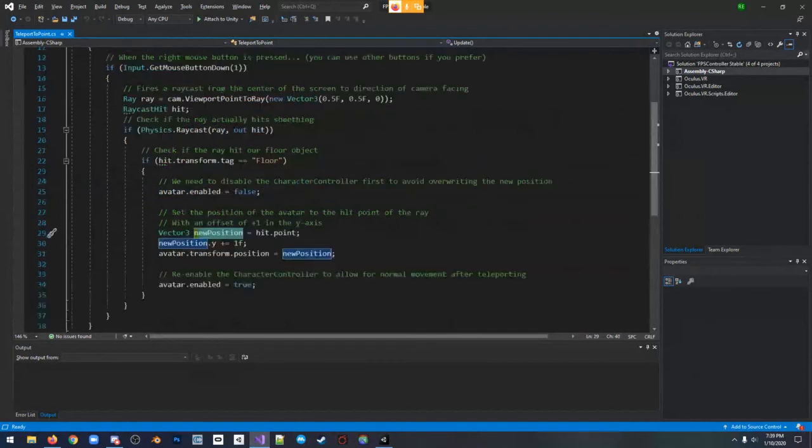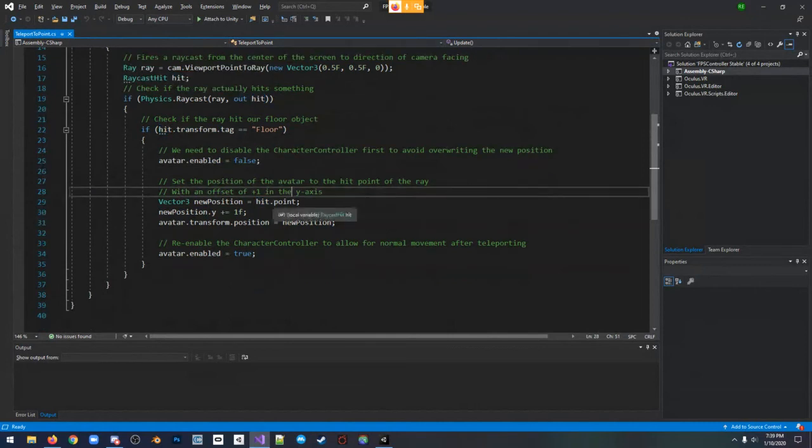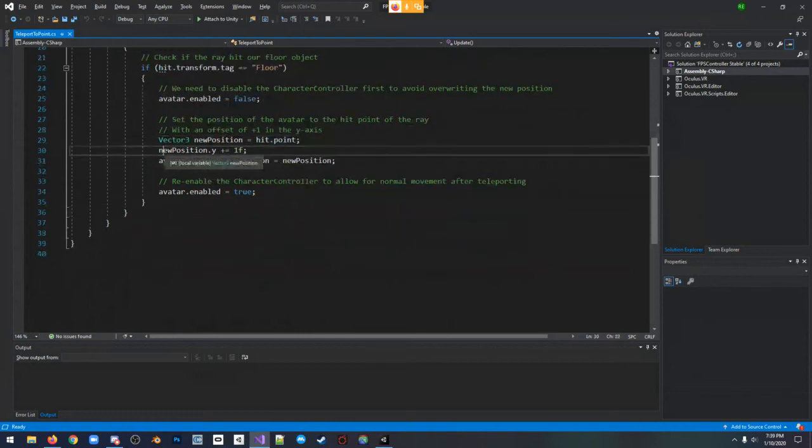And we get that new position by accessing the hit variable that we set up earlier, and then calling the point property of the raycast hit. So hit.point basically means where the ray actually collided with the object. So which point in the object did the ray hit? Yep. And then with that new position, we're offsetting the y axis value by 1,